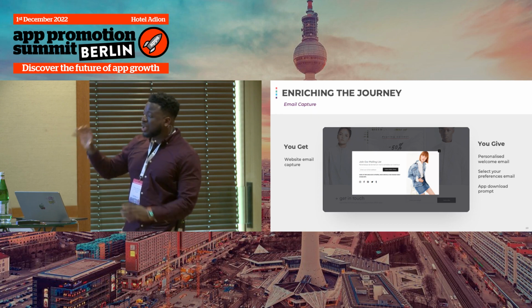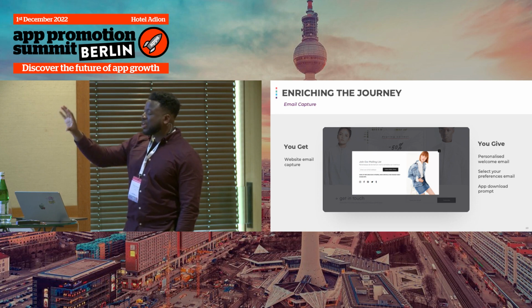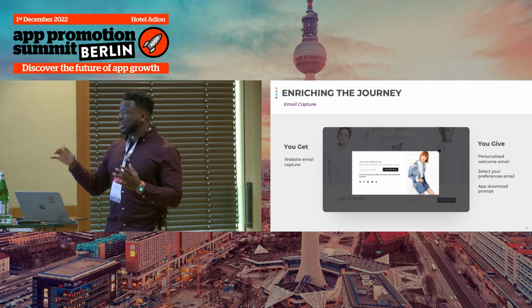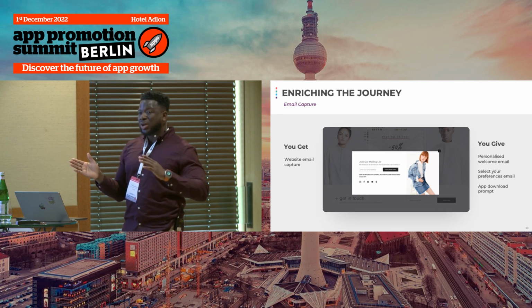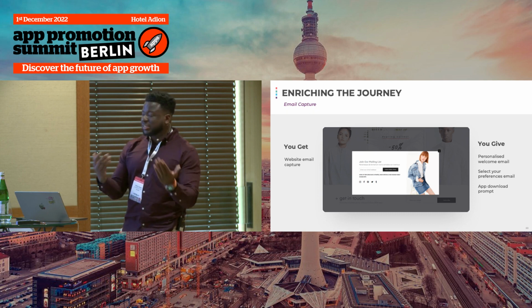In this example, that first step of the customer journey might look something like this, whereby you have a web form in which you're asking them to give you their email. For some customers, this is a no-brainer. Perhaps you're a deals website and you need them to log in to see the deals, and that's fine. But from my own anecdotal experience, there are a lot of customers who are dealing with both anonymous and known users.